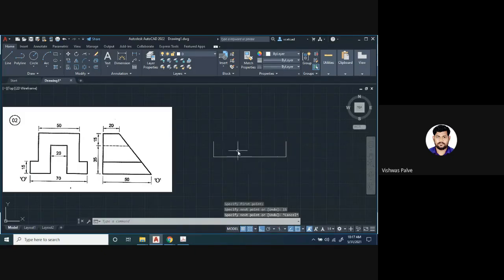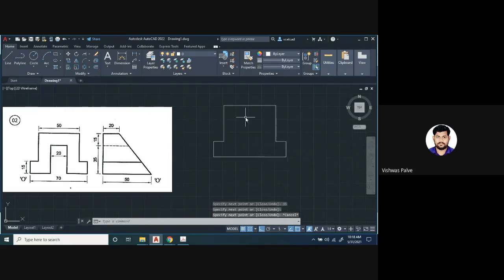Then I want to draw, see the distance. Total distance is 70 minus 50. So here it will have a distance of 10 millimeter. Here it will have 10 millimeter. So simple calculations you have to do. 10 millimeter distance. Then vertical. How much will be the vertical distance? The total height is 50, right? And from where we got this height, see 35 plus 15, 50 minus 15. So the remaining distance will be again 35 millimeters. So here you have to draw vertical 35. Then this distance 50. Then vertical distance 35, and then you can connect it with this point.